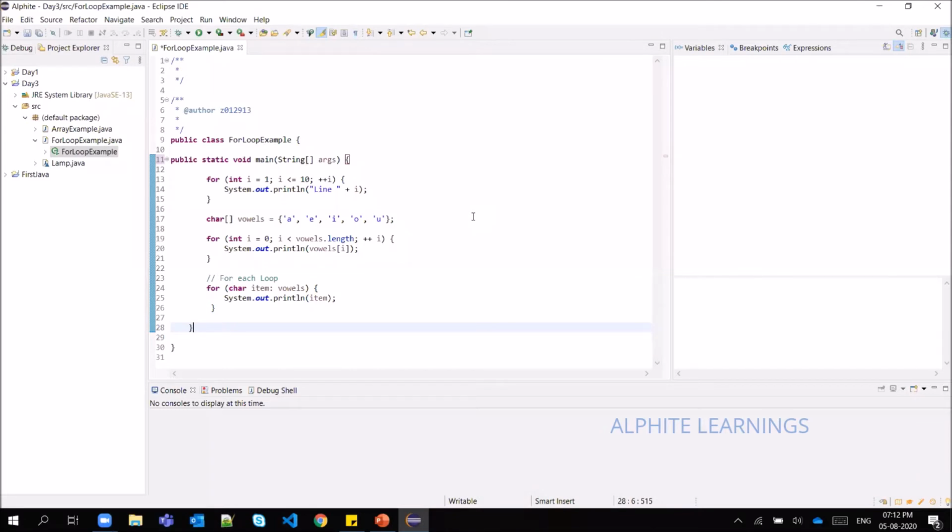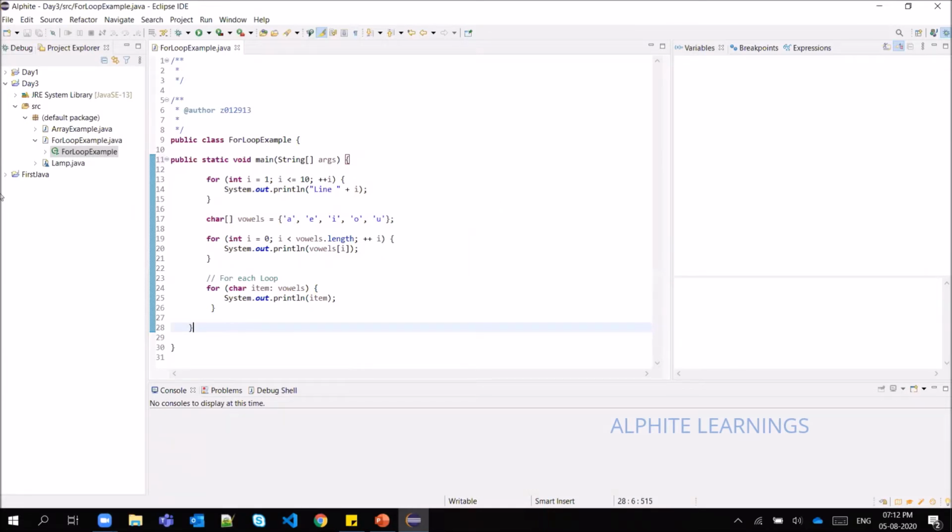When you execute a Java program, it will start executing from the main method. So that is why we are adding this main. Whatever code you need to execute has to go inside this main block.